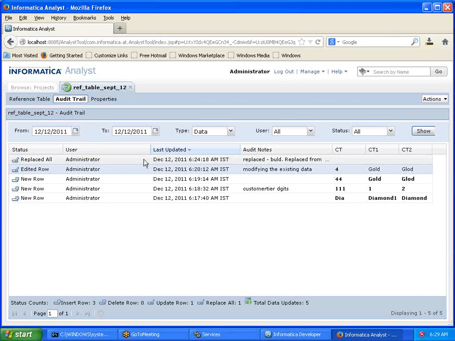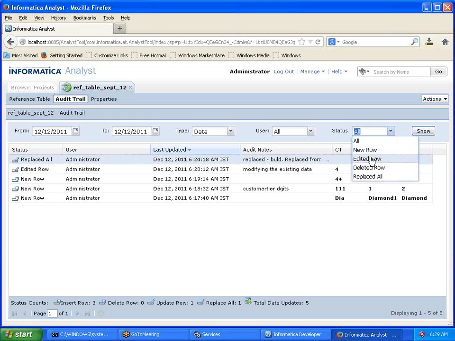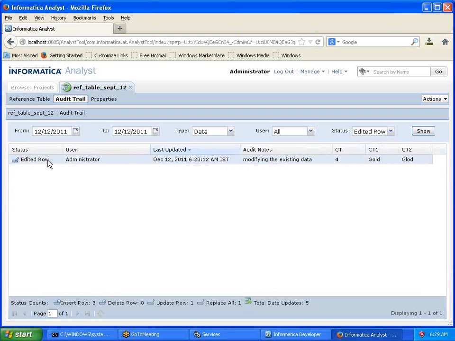In case you want to do replace all, can you see here, which means performing bulk functionality. If you have done it, you can also see that over here. And apart from that, in case you want to see only edited rows, then select that and show it. There is only one row where we have done this editing